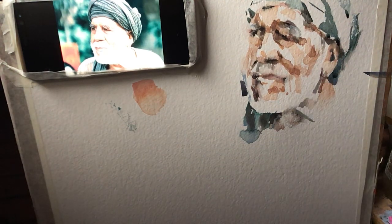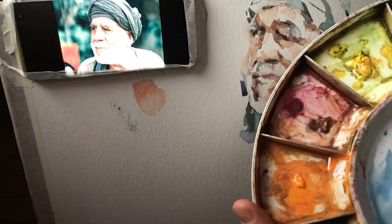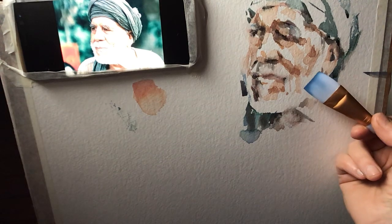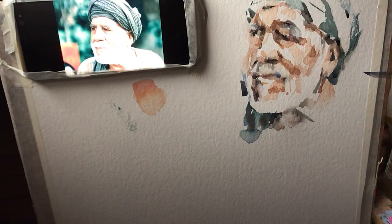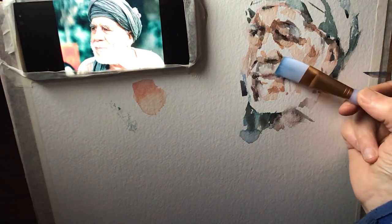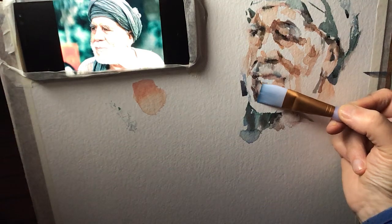Okay, so I'm going to clean the brush now and I'm going to use the cerulean blue on its own and just find my way with the beard. Where the beard changes from light to dark, it can be a bit more colourful maybe. So that might be where I locate the